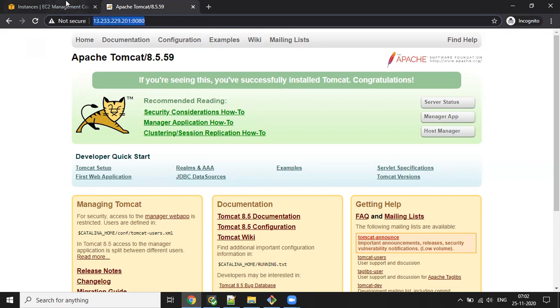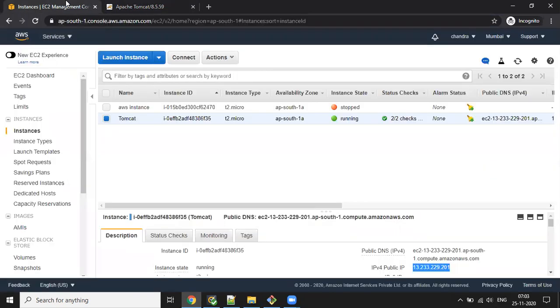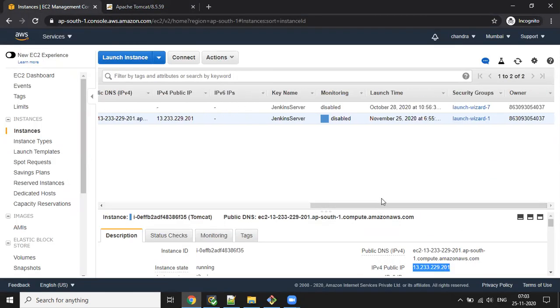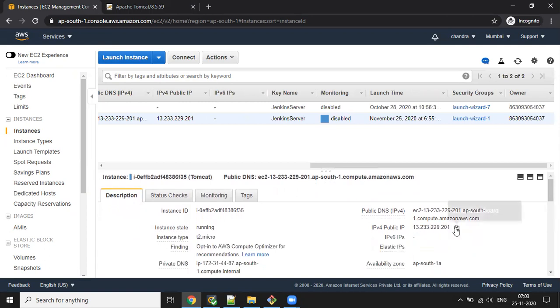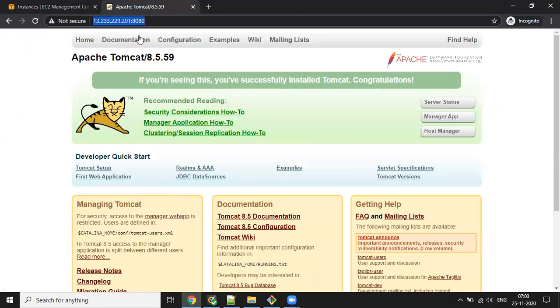This is the public IPv4 address of your EC2 instance. You can check it here. This is the IPv4 public IP address and the default Tomcat port number, 8080.